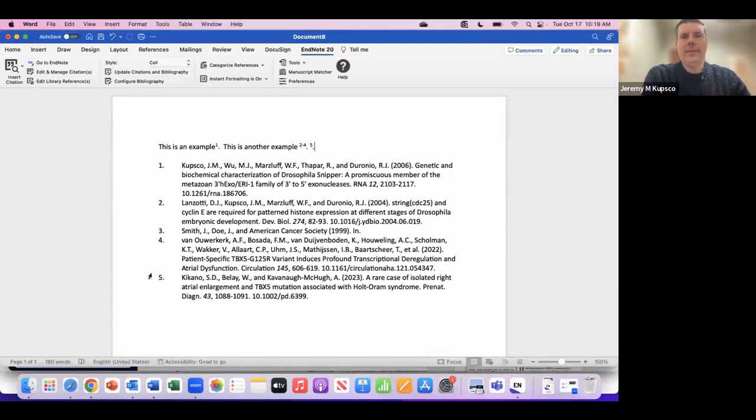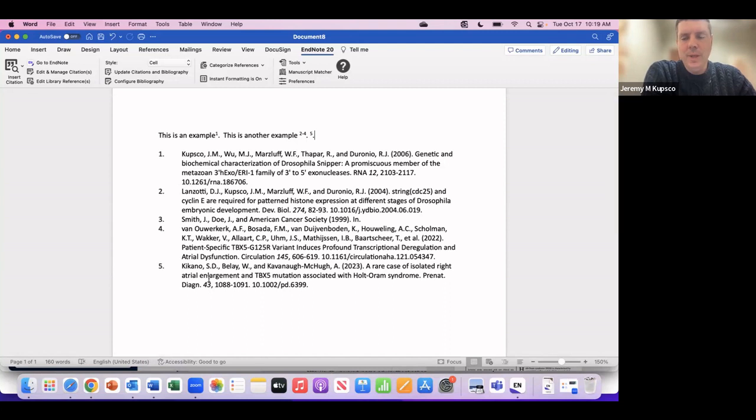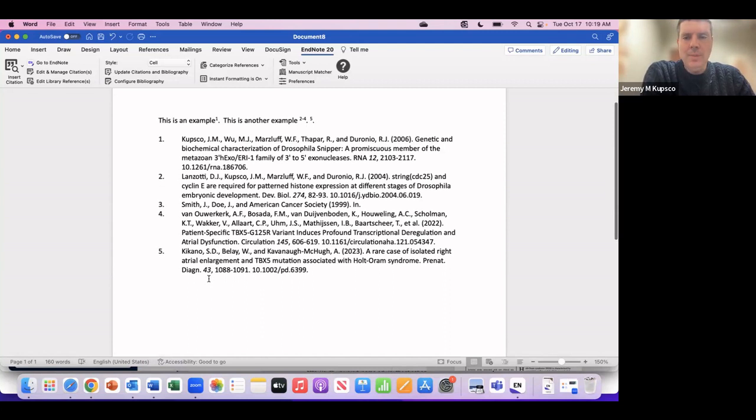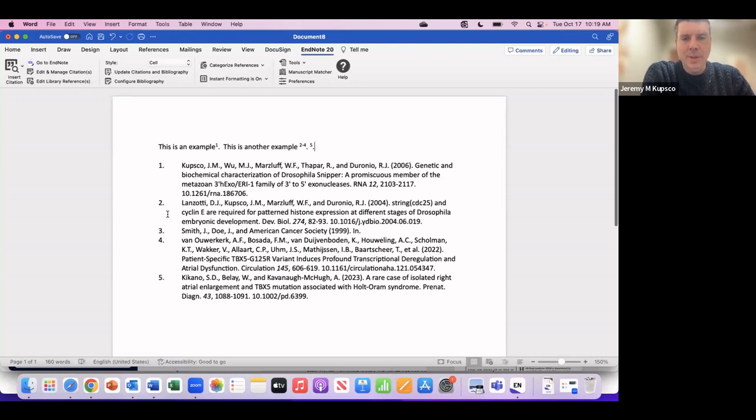Another possible way to share citations is if your writing partner, maybe your advisor, has a document, like a grant proposal, they wrote using EndNote. They could send you that document and you can lift their citations out of their Word document by using Export Traveling Library. This is under the Tools menu. If you use Export Traveling Library, it's going to take all the citations, if they were made using EndNote, out of the document and put them into your library. So that's another way that you could potentially share citations.